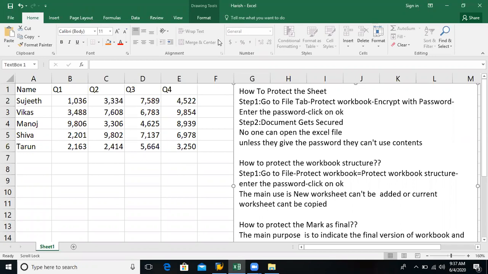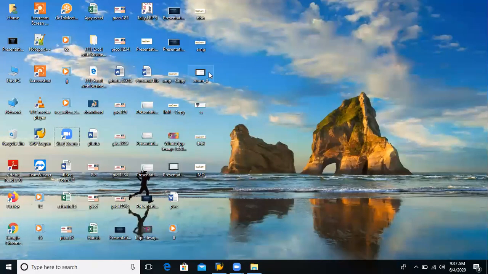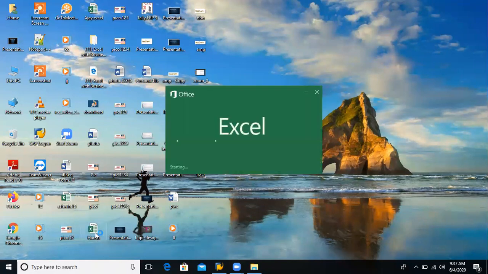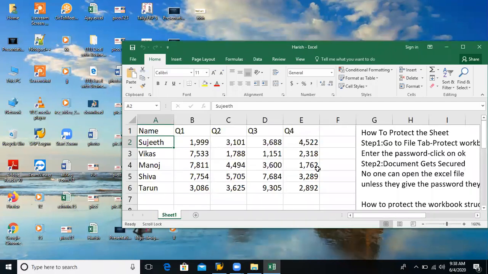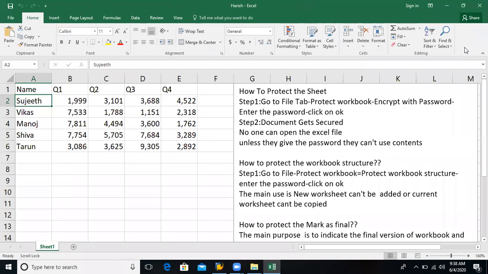Now close the file. Your file will be here, Harish. Double click on the Harish file now. Enter the password. So what is the main intention?